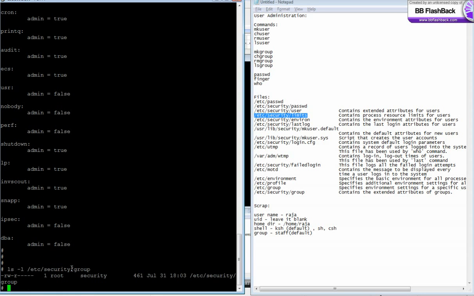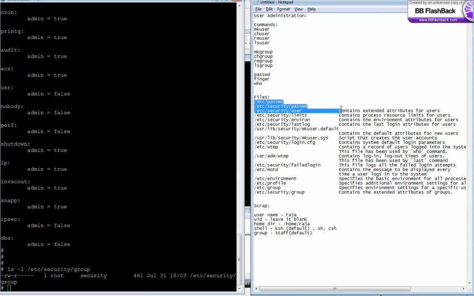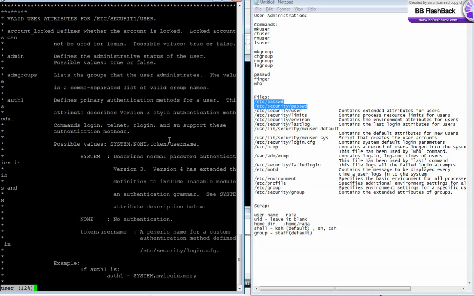So for groups, you have two files, /etc/group and /etc/security/group, and for storing the user information, you have two files, /etc/passwd and /etc/security/passwd. There are a few more files. Let's see now. It's called /etc/security/user. This file is